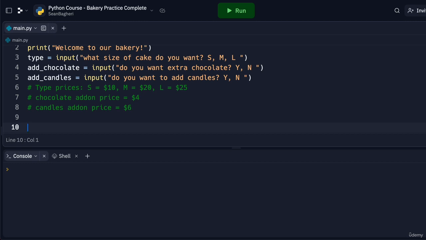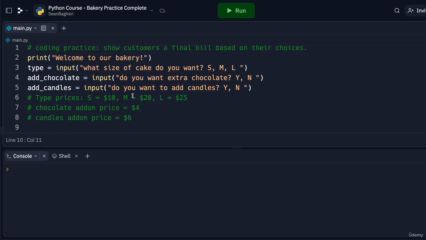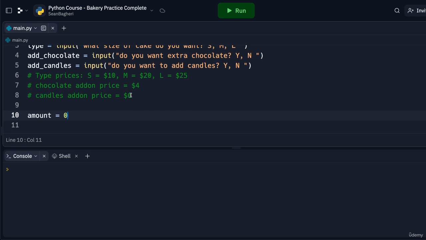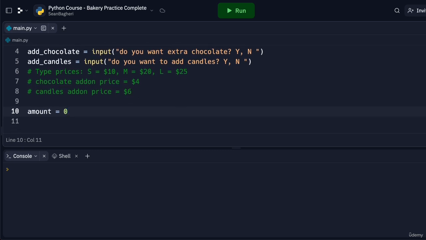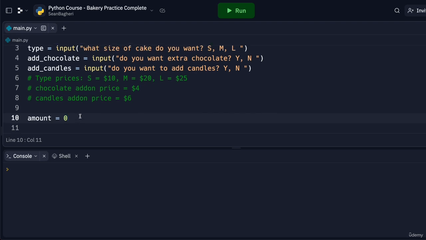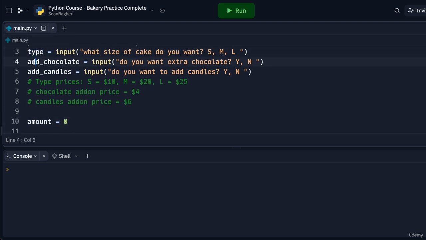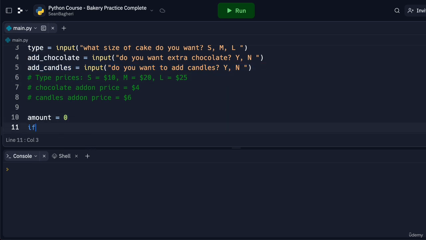So I'm going to define a variable and call it amount. My thinking with this is that we're going to start with the $0 amount. So that's going to be the bill, right? $0. So the first thing I'm going to do is ask the type. So we got 3 variables: type, add chocolate, and add candles. So I'm going to say if type